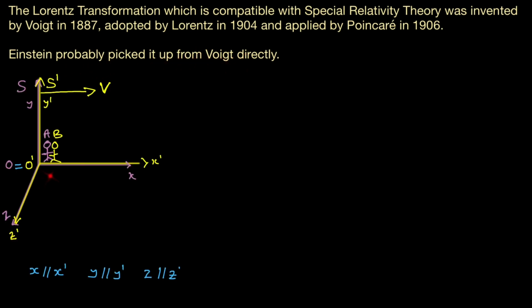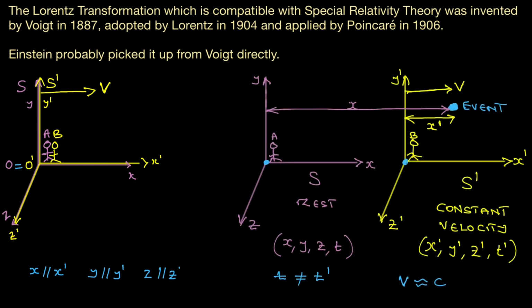If you have two inertial frames of reference, S will be stationary and S prime will travel off with a velocity v, both starting from the same point, O and O prime. We have observer A in the S frame and observer B in the S prime frame. X is parallel to X prime, Y is parallel to Y prime, and Z is parallel to Z prime. So the two frames start from the same X, Y, Z and T, and then S prime moves with a velocity v.